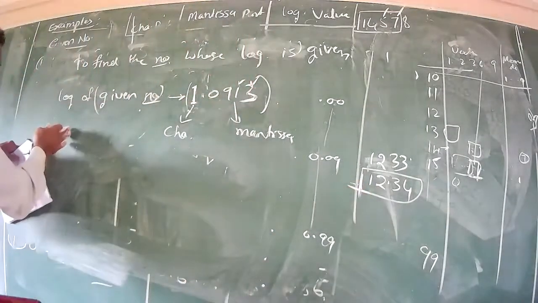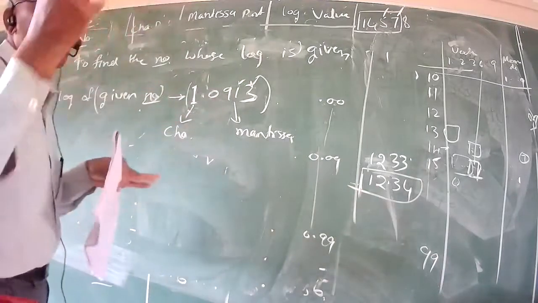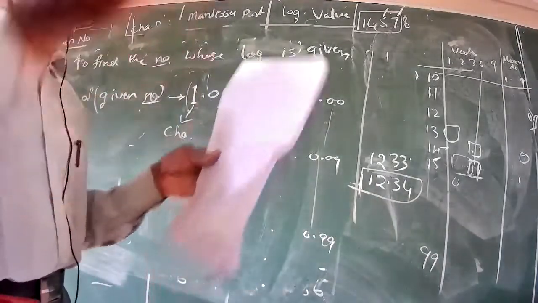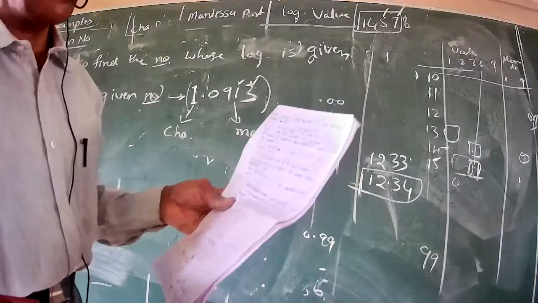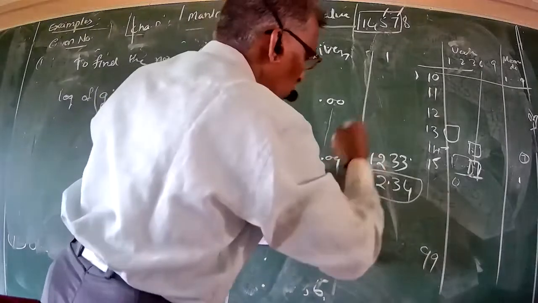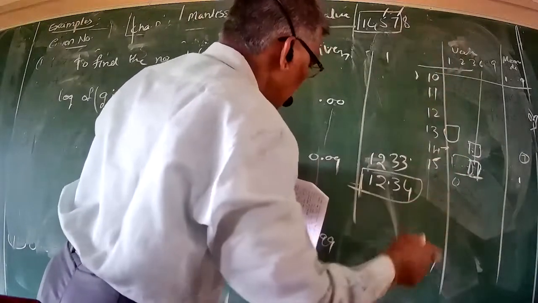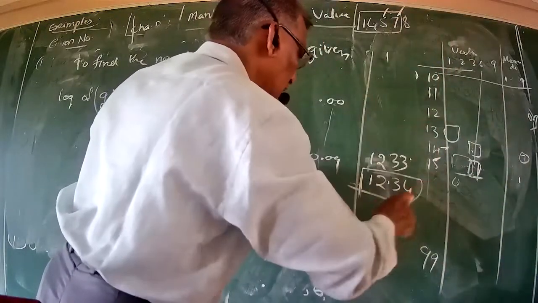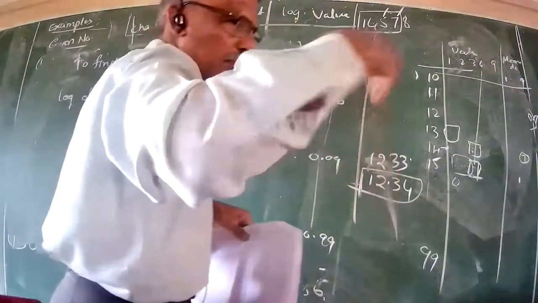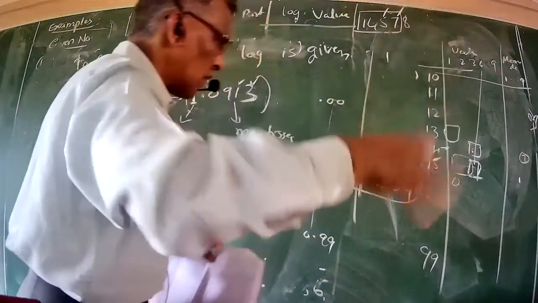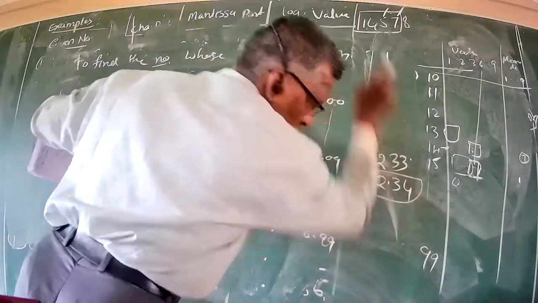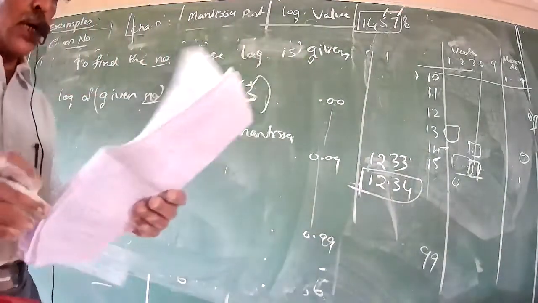So for a given number, the first step is to find the logarithm value. To have a logarithm value, the first step is the characteristic part, the second is the mantissa part, and then add them together. Then you refer to the anti-logarithm table. In the anti-logarithm table, again you consider the first two digits, and the third and fourth digits only, so 4 digits. This is the way of finding the logarithm value and the final answer.